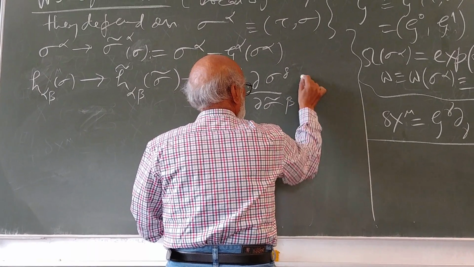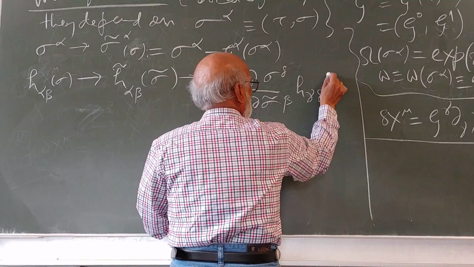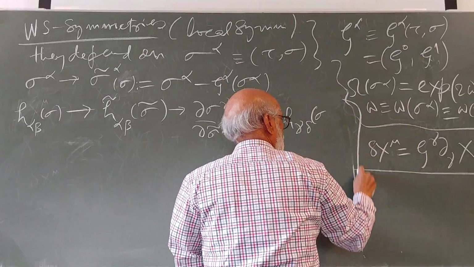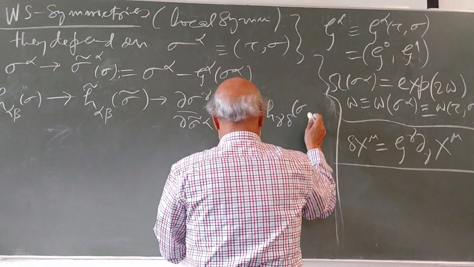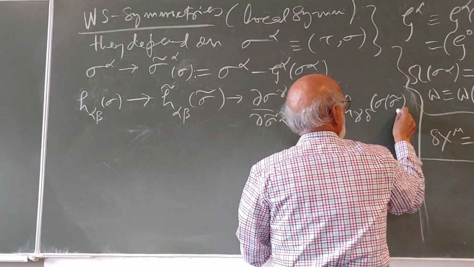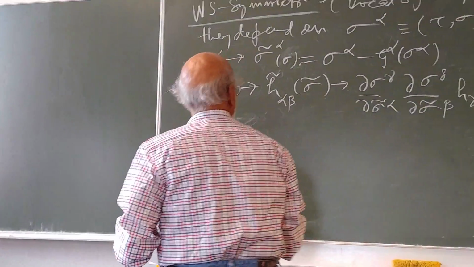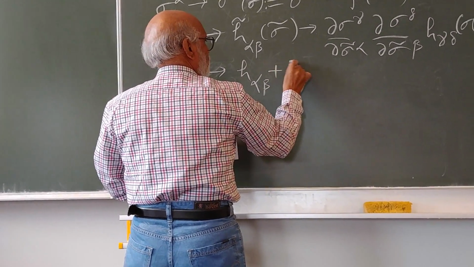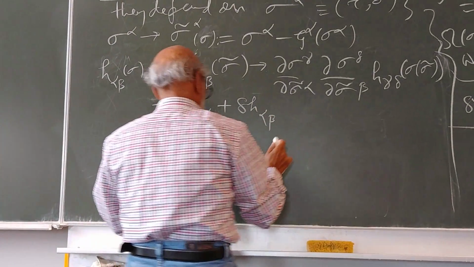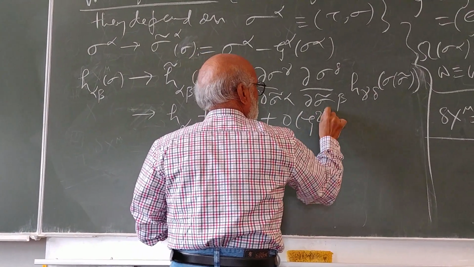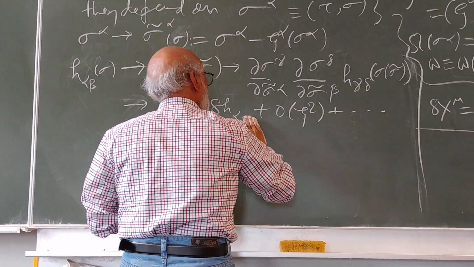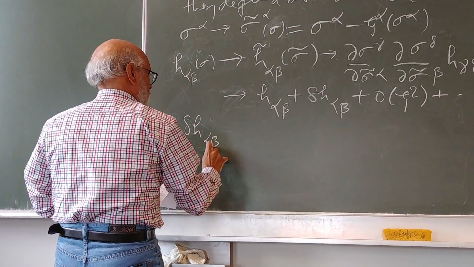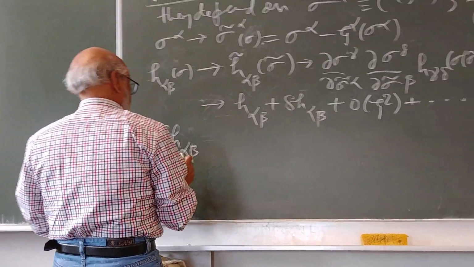tilde beta H gamma tilde, which is a function of sigma tilde, and this if I write as H alpha beta plus delta H alpha beta plus higher order terms, then I can extract that delta H alpha beta would be